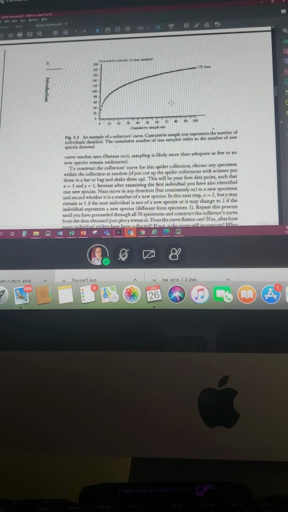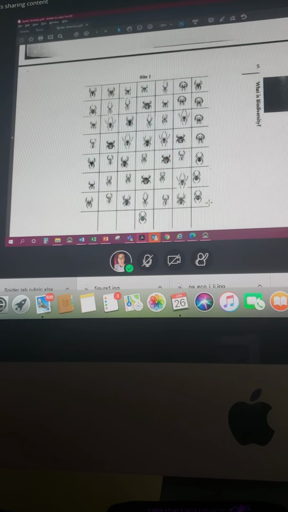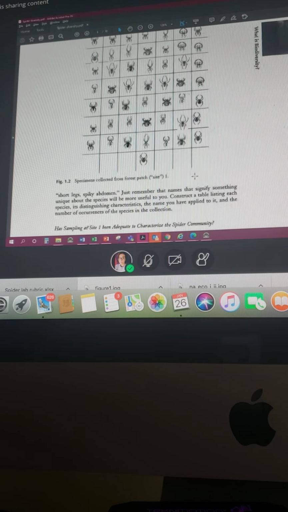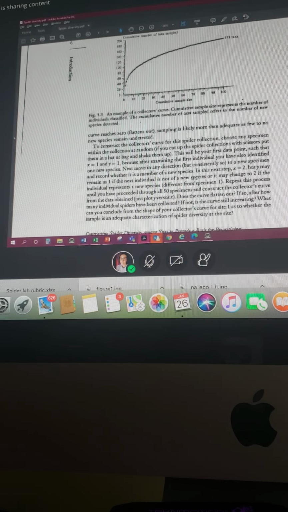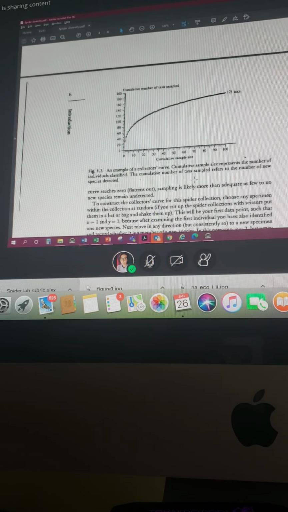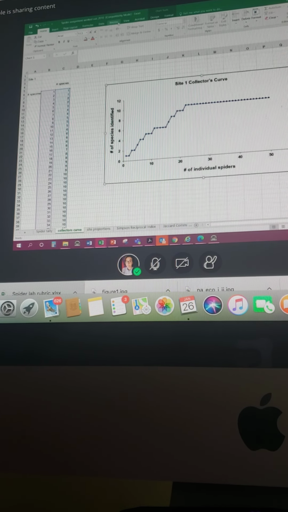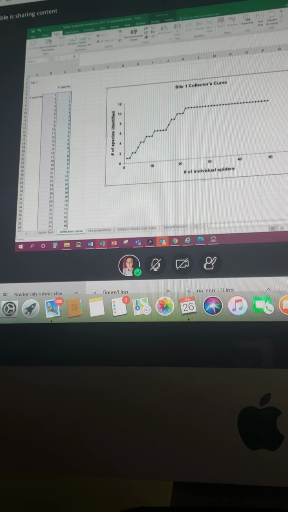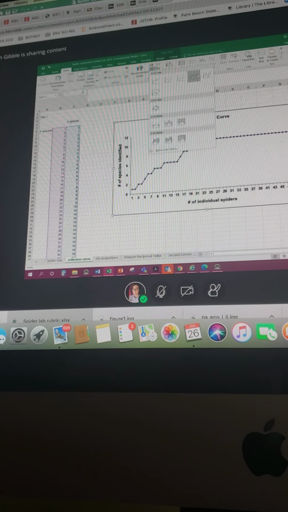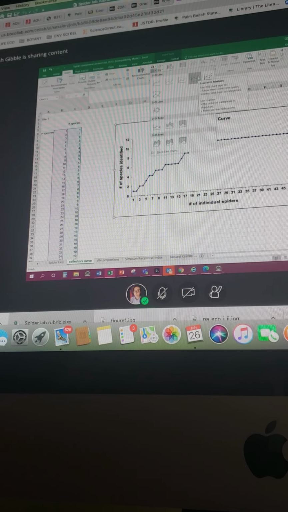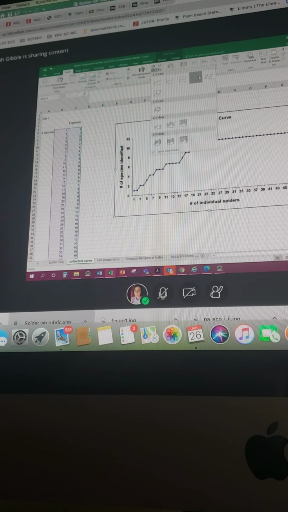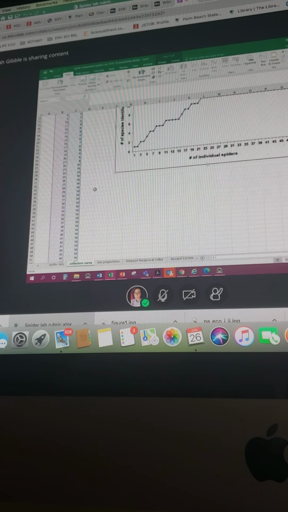Okay, so let's go back to your packet for a moment. So the next step then, that's a good question, data analysis to produce the graph. You have to go to insert and then do what I have, a scatter plot. Yeah, I did this line with markers. All right, and then